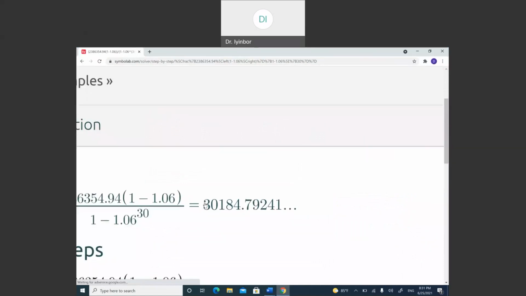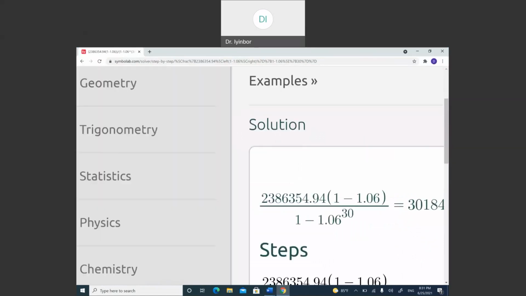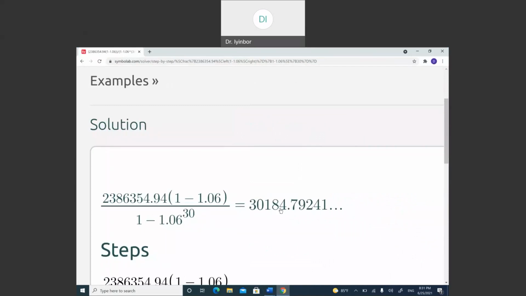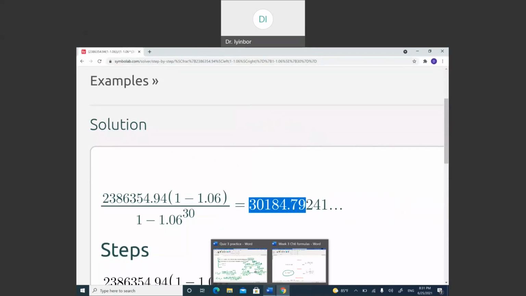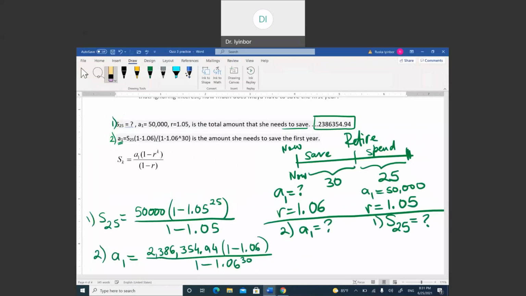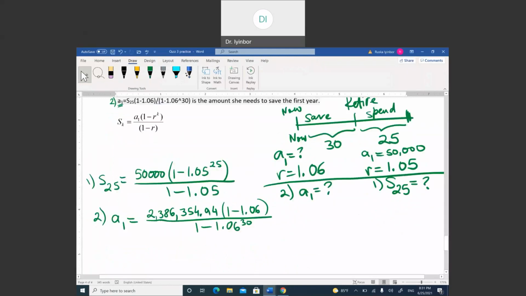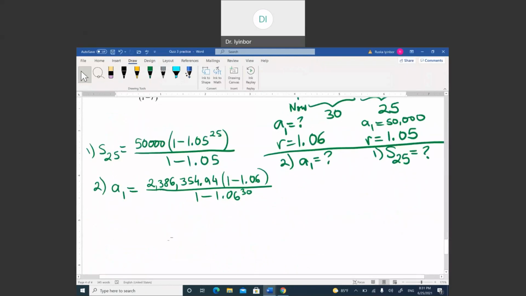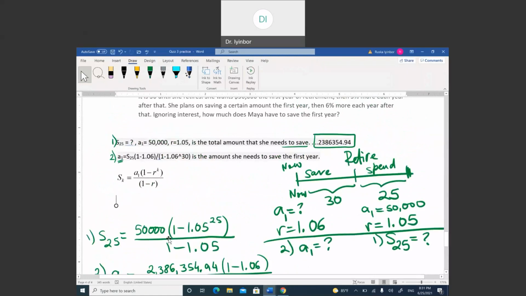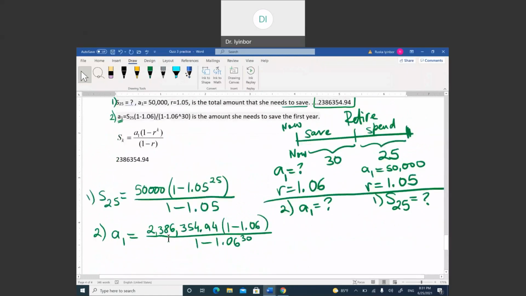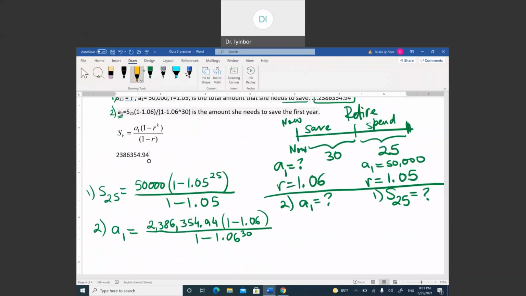Now I'm gonna copy this answer again, oops, sorry, 30,184.79, because after the 9 is 2, so it's not gonna change. And the first year she needs to save, I'm gonna just put this number here. So I'm gonna copy that. So the first year she needs to save, so that's the answer actually. So A1 is, that means the green one. A1 is,